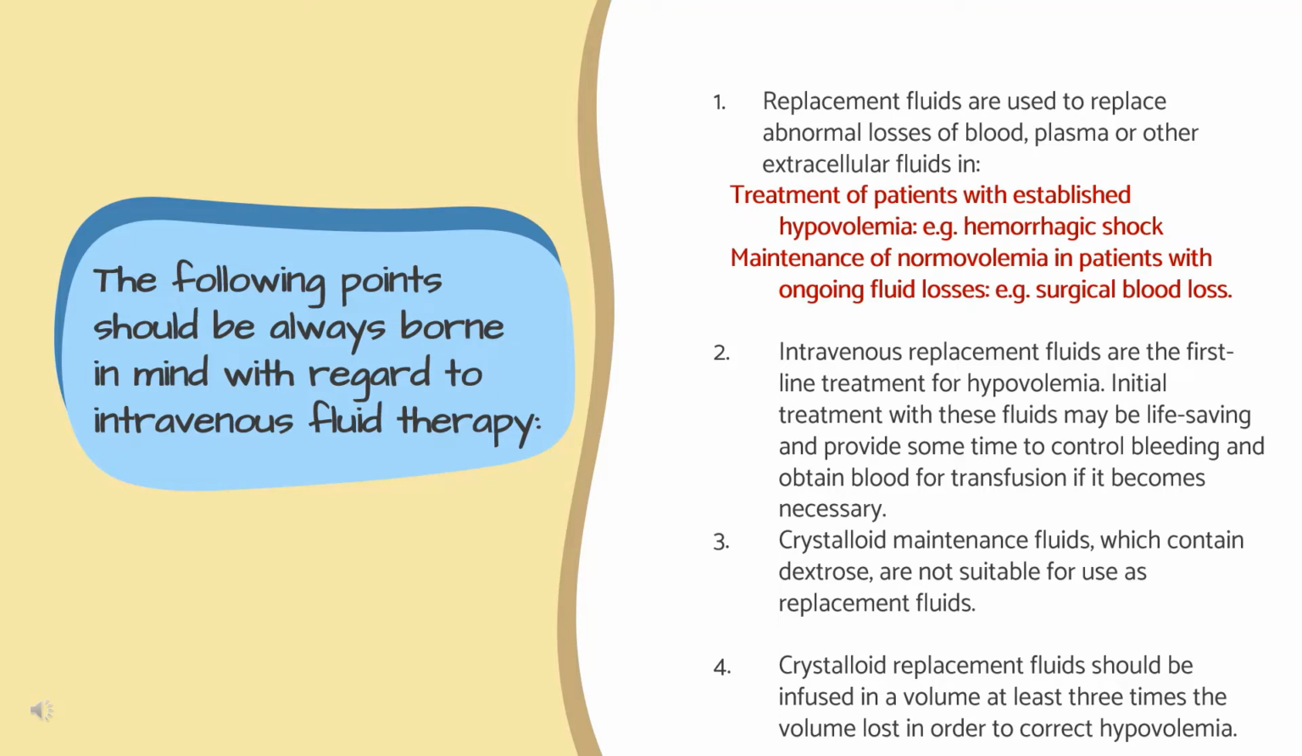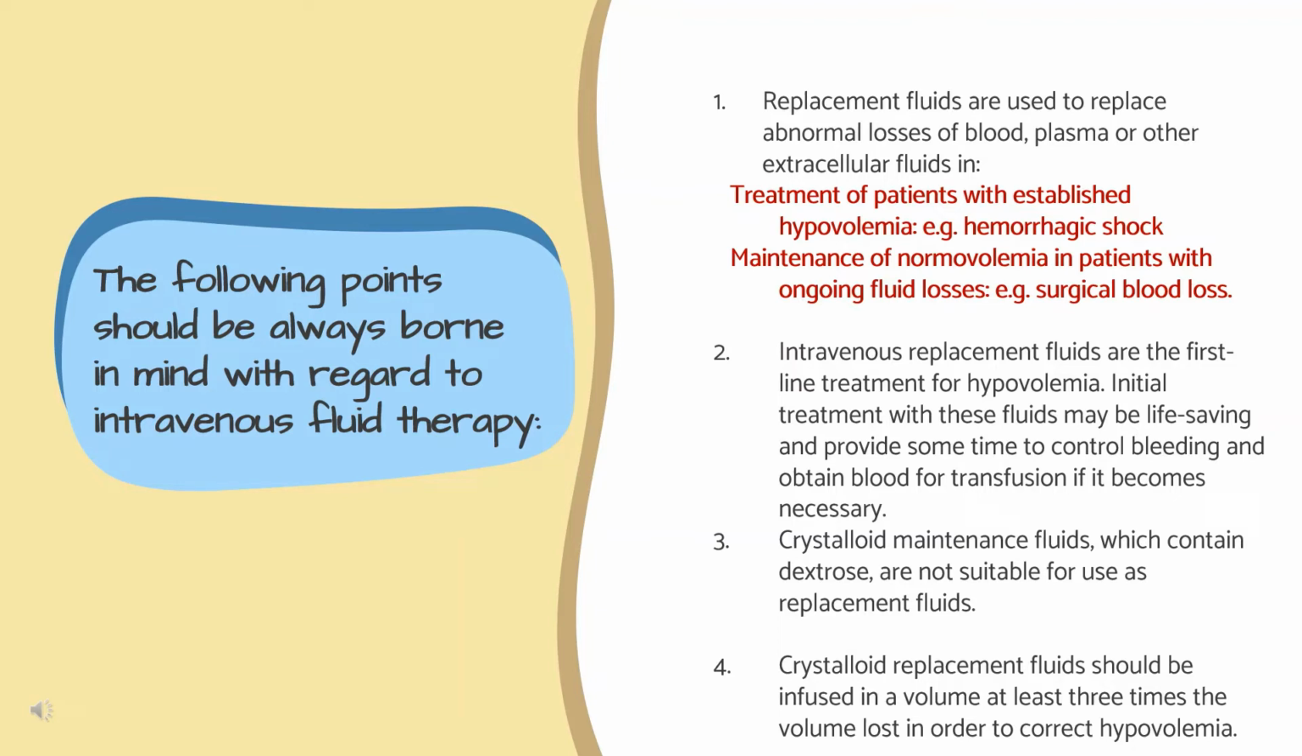Second, intravenous replacement fluids are the first line treatment for hypovolemia. Initial treatment with these fluids may be life-saving and provide some time to control bleeding and obtain blood for transfusion if it becomes necessary. Third is the crystalloid maintenance fluids, which contain dextrose